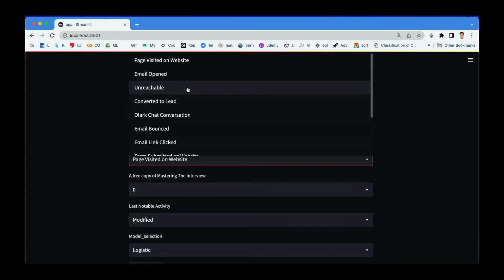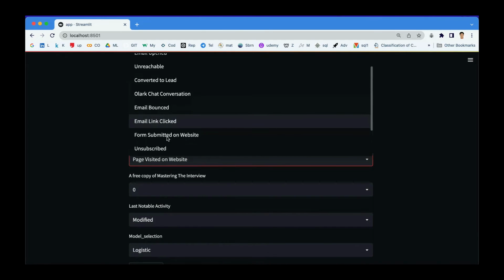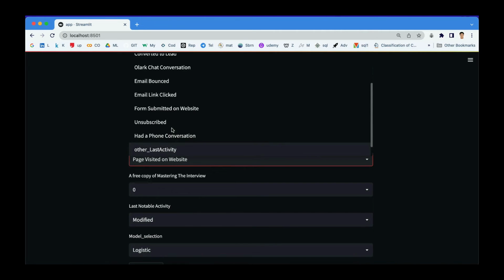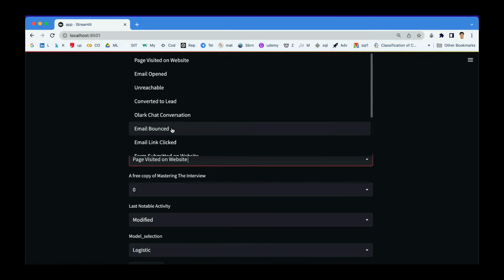Then you can make a beautiful, nicely structured application from your ML model. So this is actually the simplest one, and you see I haven't taken more than 5 to 7 minutes, so it's